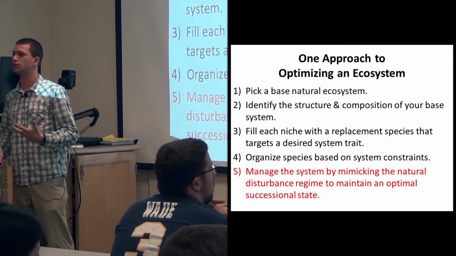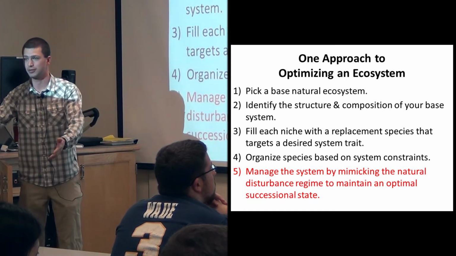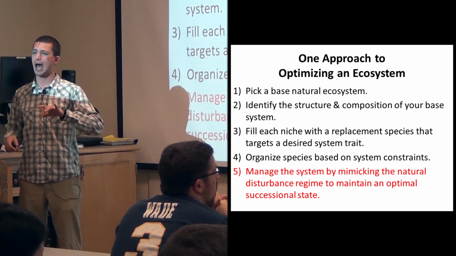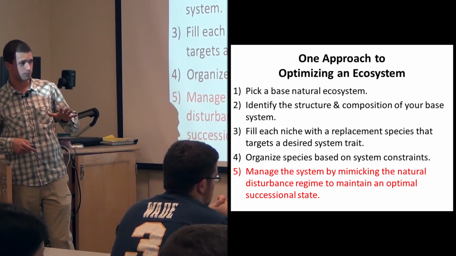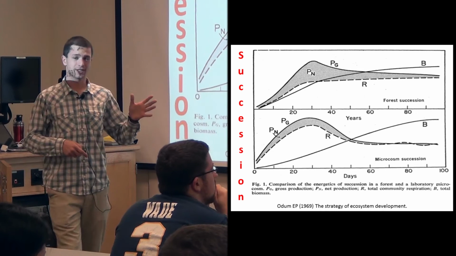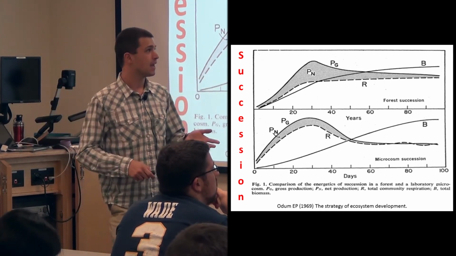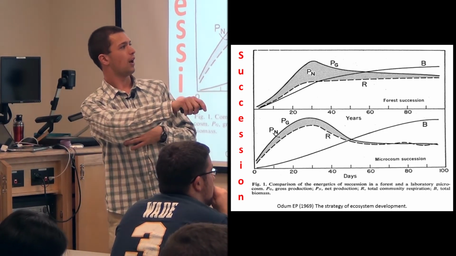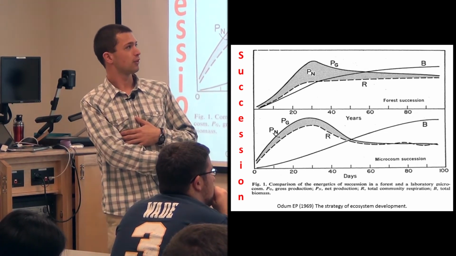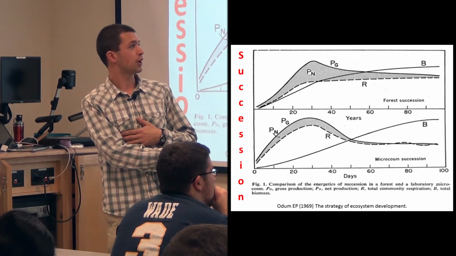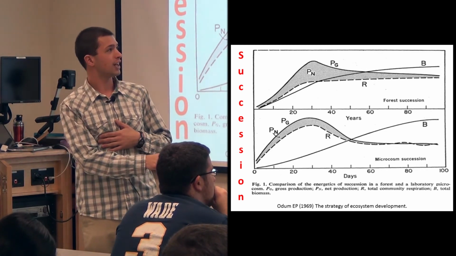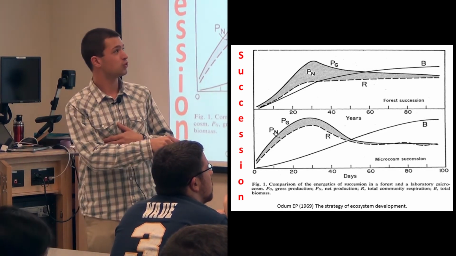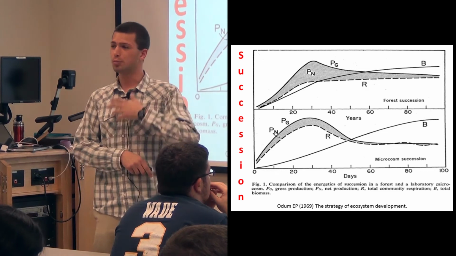So I showed you some graphs that show that humans can influence their system. We're trying to do that. And we know we're trying to do that. So can we do that now in a way that optimizes some different characteristics? This comes back to that succession plot that I talked about before. If you're trying to keep an ecosystem in some state along this curve, I would say that you probably want to keep it somewhere in here, right? Where you have lots of production. I told you this is kind of the weedy state. And as you get up here, you just kind of stagnate and you're not really doing anything. But in here you got this sweet spot that is overproductive. It's right in the middle.